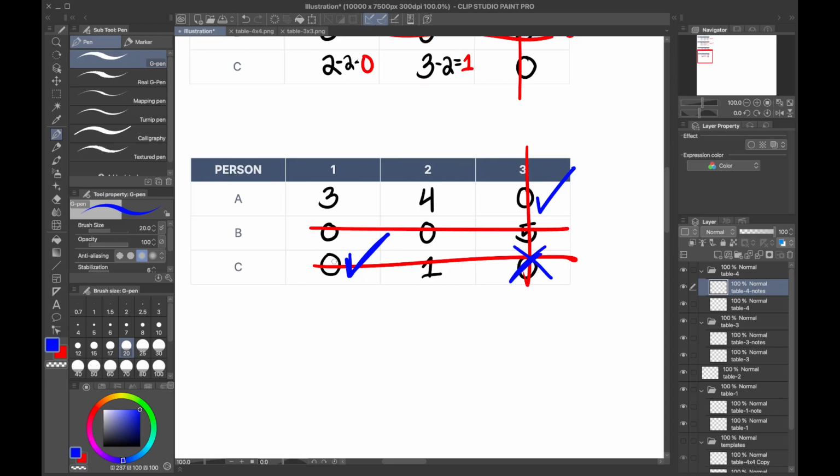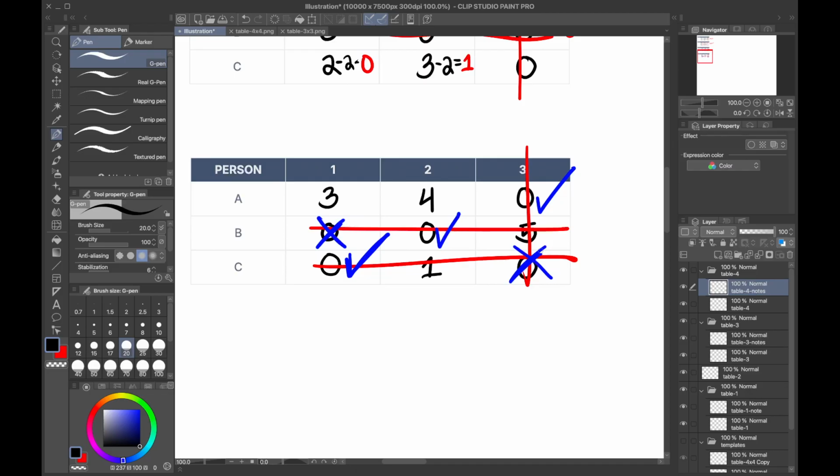Now project 1 is taken, so project 1 is no longer an option for person B. Person B is now left with just project 2. So he will get project 2. And that's basically it. Now, once you've reached this step, you would now use this information and refer to your first table and calculate the